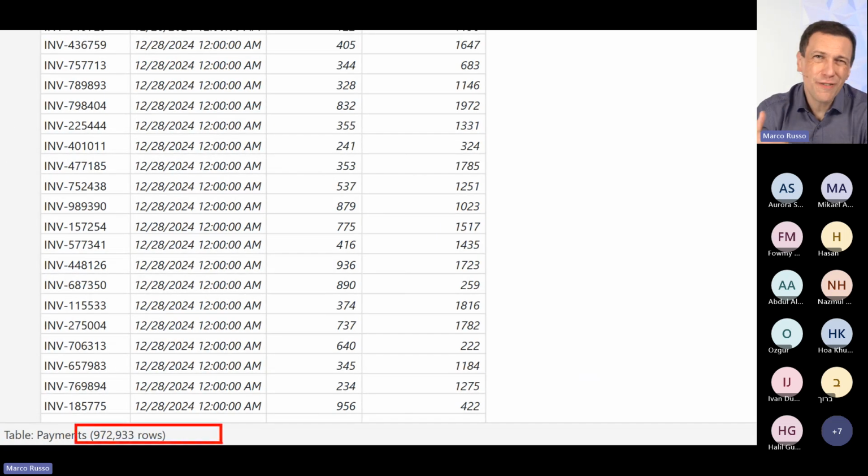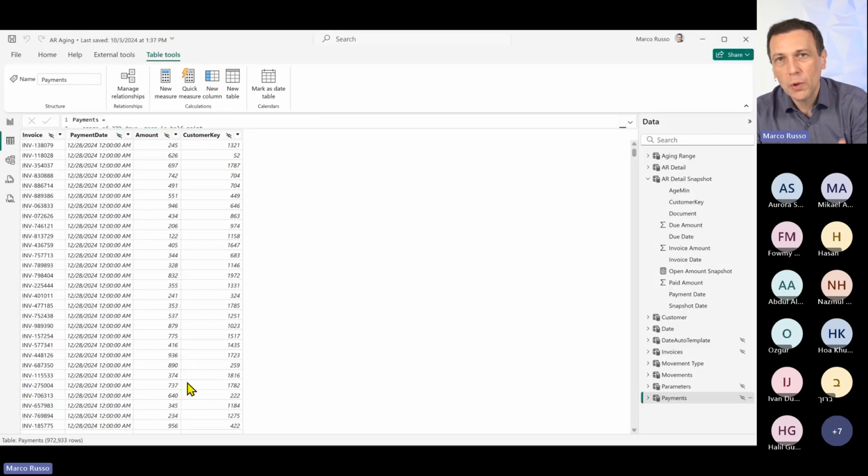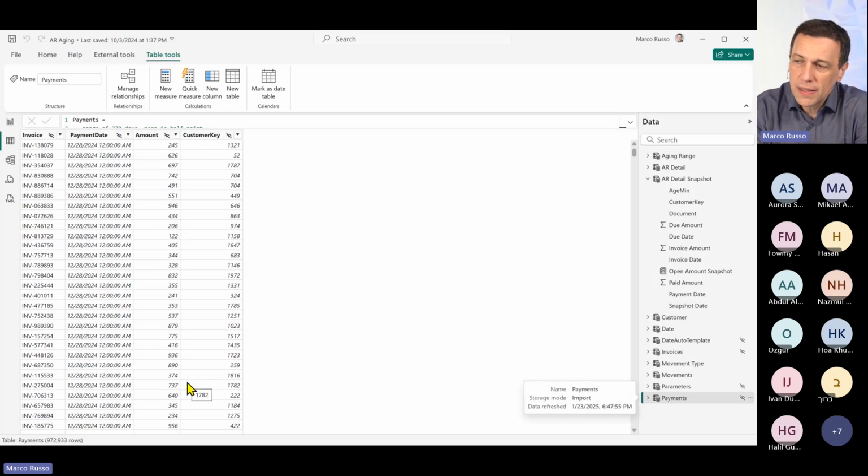So in this case, it's a very bad scenario because I created a model where most of the documents are paid late, right? If you have only, let's say, 10% of the payments made late, the snapshot table is clearly smaller, even though the same data is duplicated for every reporting date if the invoice is not paid on time. So we can take a look.